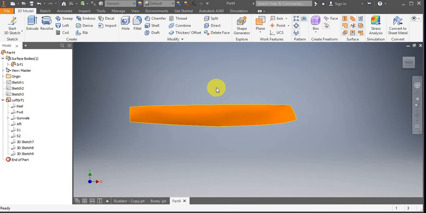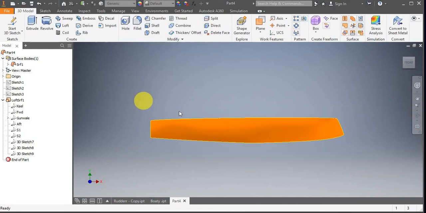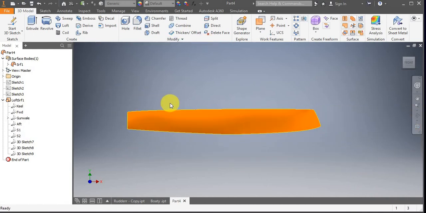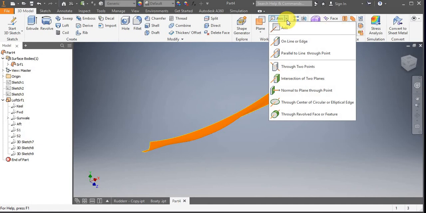I'm not intending to have a flat transom, but it's common practice for naval architects that when they do surface modeling, they just leave a flat transom and then trim it at an angle, which is probably the easiest way to do it. So, okay, first thing I'm going to do, I'm going to create an axis,